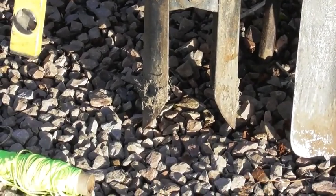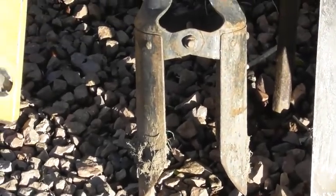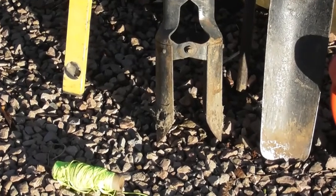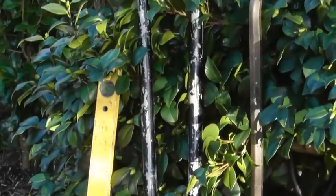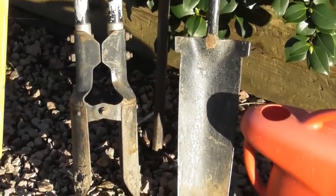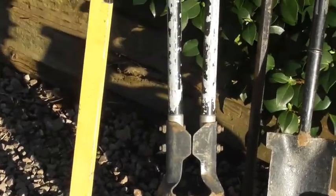And then these are a sort of optional extra, but if you're going to do more than 2 or 3 fence posts, these are ideal. This is the post hole digging grabbers. But the beauty of these is that they've got a very long handle on them, so then you can grab the soil that you've loosened in the hole with the hole digging spade, and then you can just pull them together like a pair of hands down in the hole,